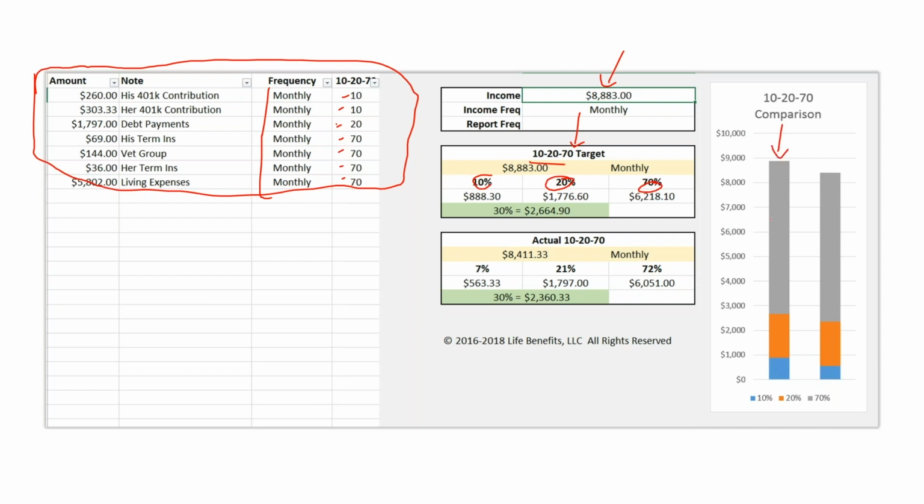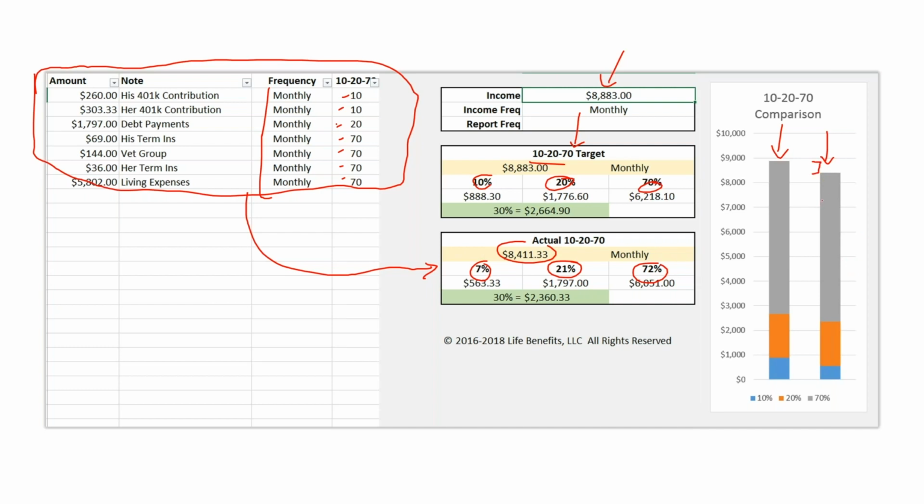This is our target graph right here. So our target cash flow. This cash flow over here is put into this box, so it figures out our actual percentages of income and how much those are compared to the total amount right here. That's the number you see graphed over here on this side, and they're color-coded, of course, for us. So we can see right here that there's a little bit of extra cash flow available that we can do